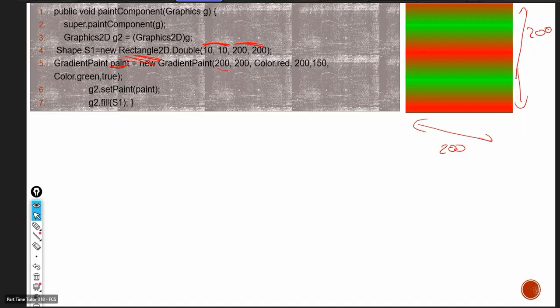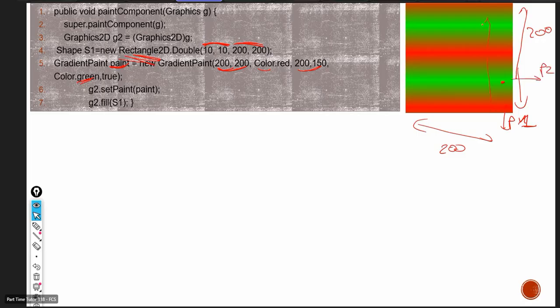So here we have the first point at the coordinate 200, 200, and it is red. The first point here is in this area. This is P1, and it is red. And then we have another point, which is 200, 150. 200 for the x, 150 is here. And the value here is green. So I have this point, P1 is red, this point, P2 is green, and then you can see that I